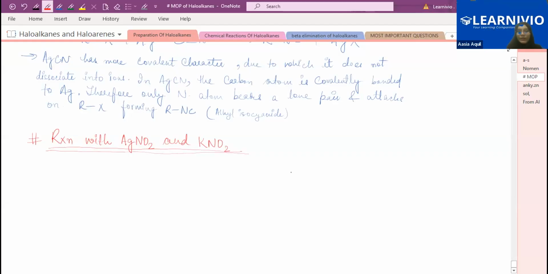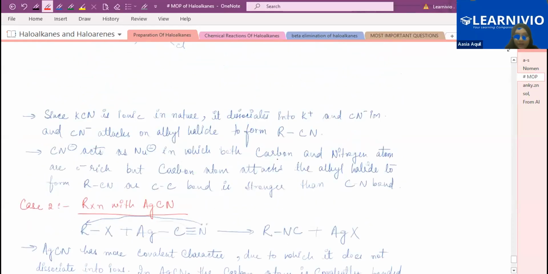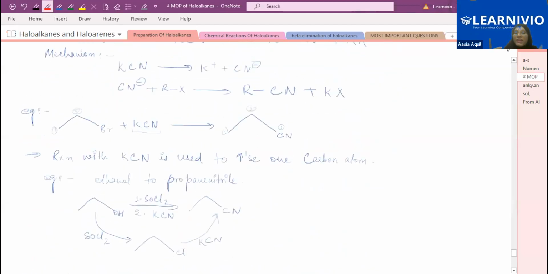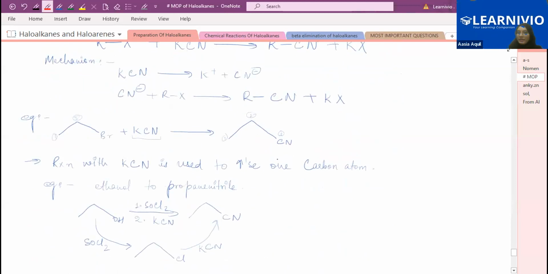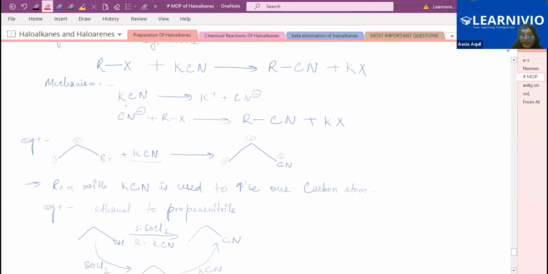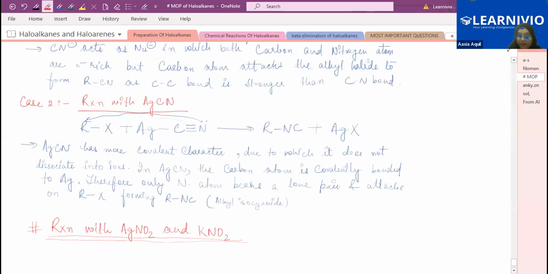Okay, so in the previous class, we discussed the reaction with AgCN and the reaction with KCN. Just remember that KCN is ionic, so the attack is from the carbon side, and the formation of alkyl cyanide, like propane cyanide, takes place. But when the reaction is with AgCN, silver cyanide,